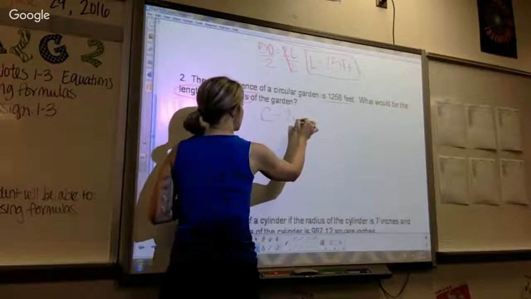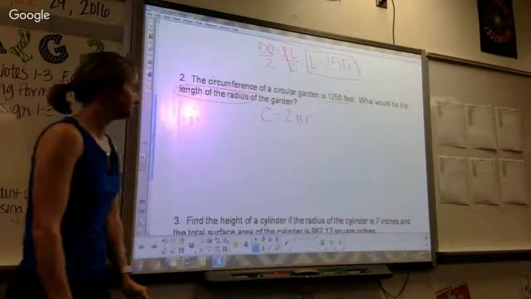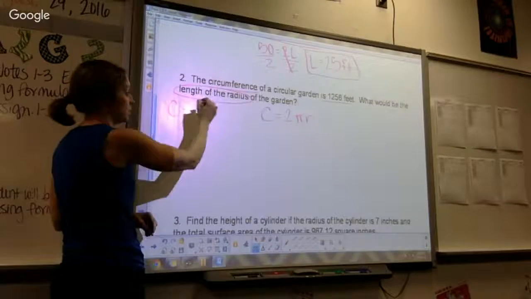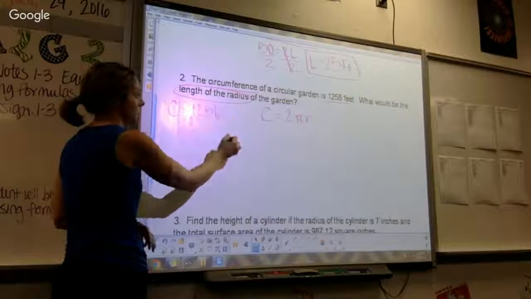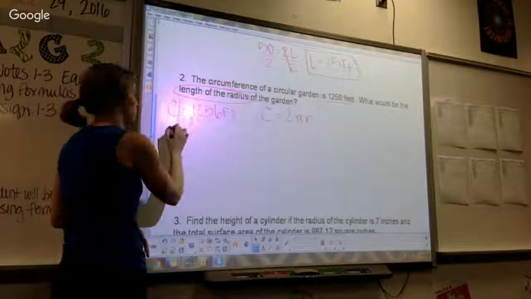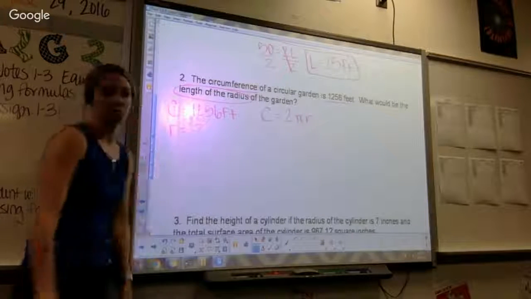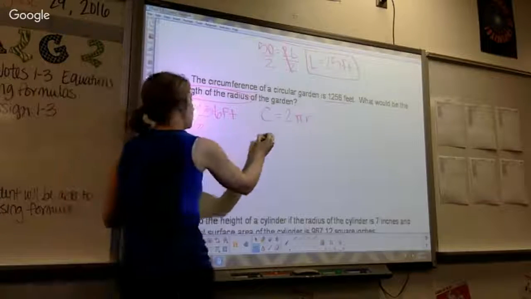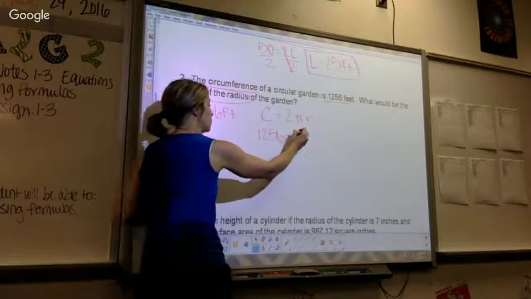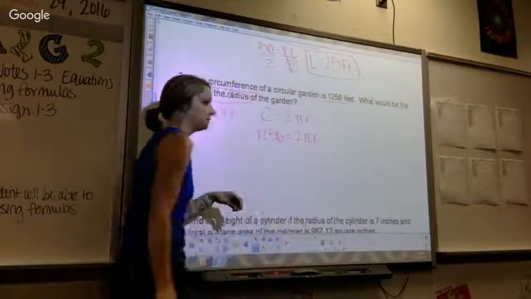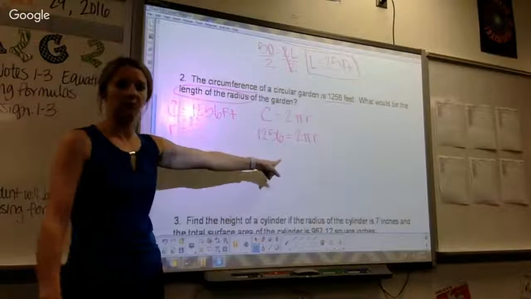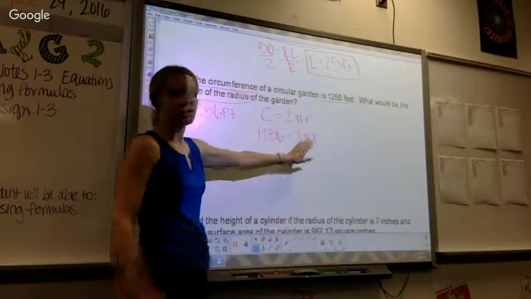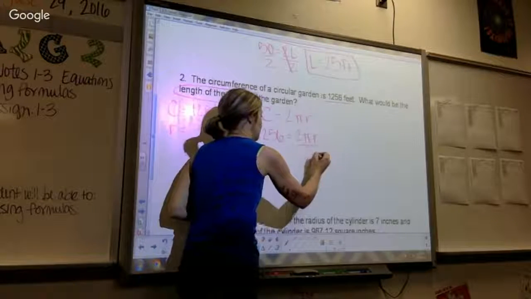So C equals 2 pi R. So on your formula, you have 2 variables, C, which is the circumference, gives that to us, 1,256 feet. And then R, your radius, which is what we're trying to find. Okay, so plugging in, we have 1,256 equals 2 pi R. We're wanting to get R by itself. So we need to get rid of this 2 pi. So it's just like having just a regular 2R there, you would need to divide it. So you divide by 2